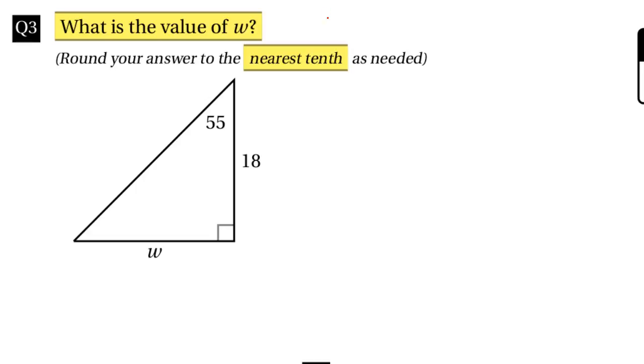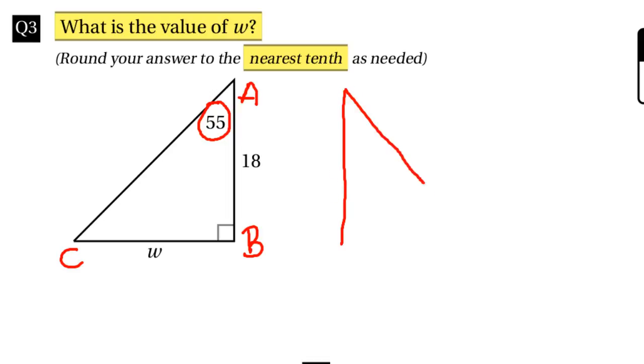So in this problem, they want me to find what the missing value of W is. And when I look at this angle right here, 55 degrees, I can see that it's not in the appropriate place for me to be able to use it as a slope angle. So I'm going to label the corners of my triangle so that I can actually redraw this triangle as a